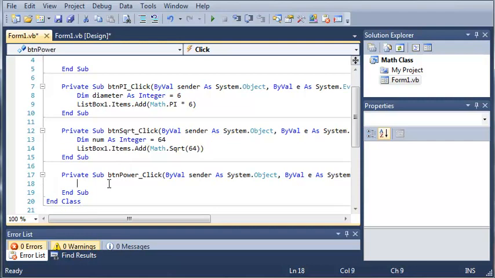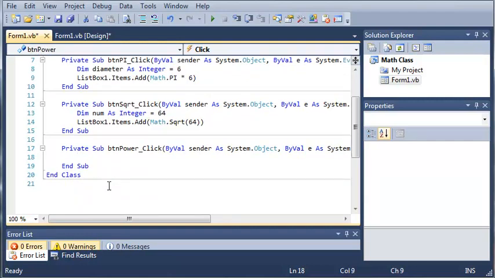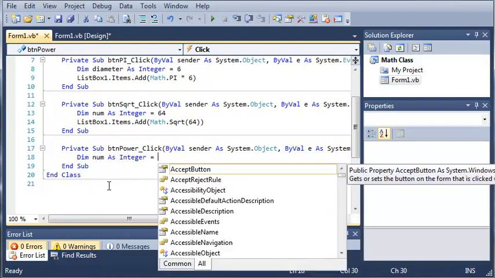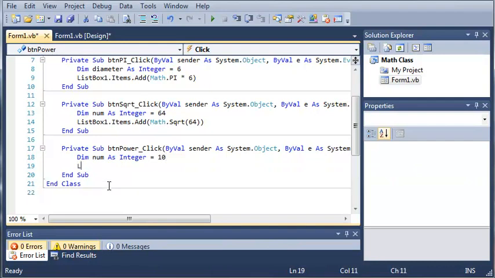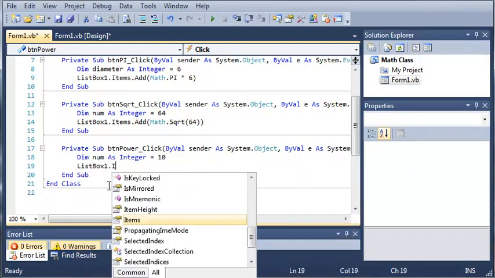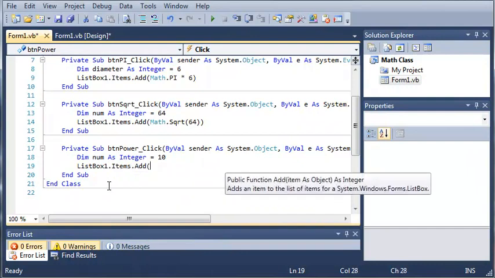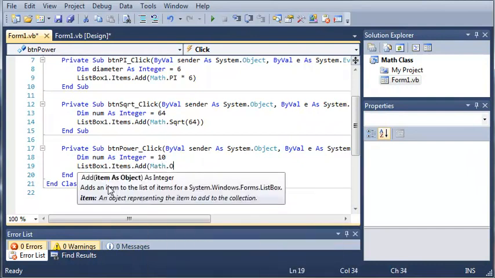And for the power, we will go ahead and declare another number, so dim num as integer. We'll set that equal to 10, and then we'll type listbox1.items.add math.pow,